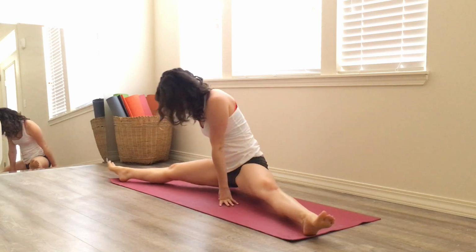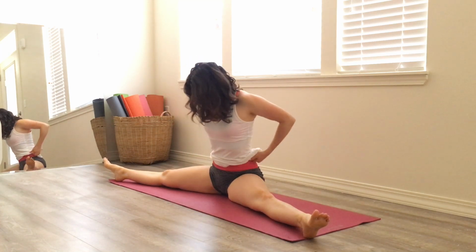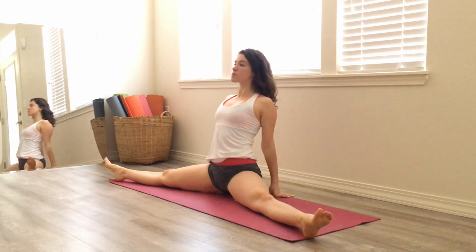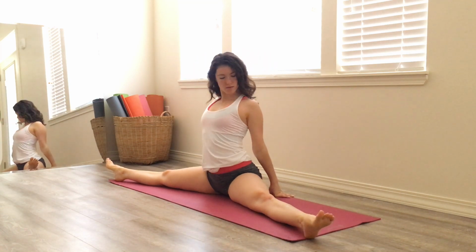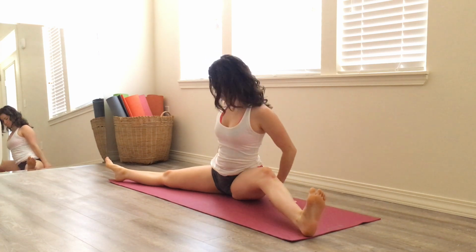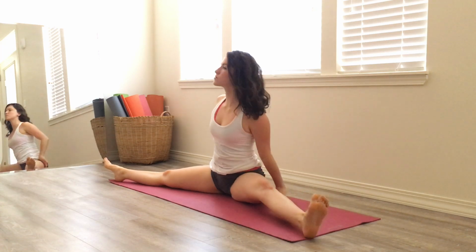Bringing your legs a little wider to your widest straddle, maybe even close to a middle split if you have one. And finding some little motions left and right, maybe lifting the hips, clarifying your position here. Beginning to lean over to one side